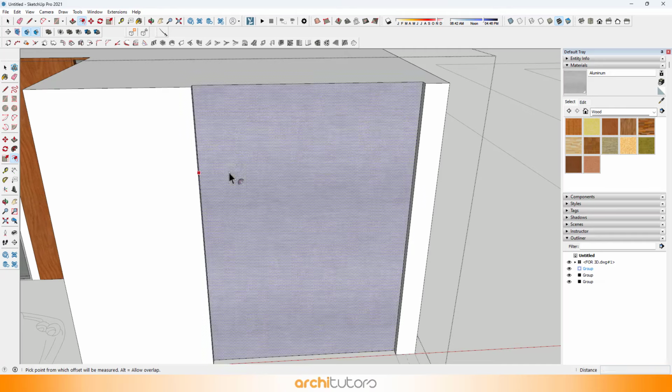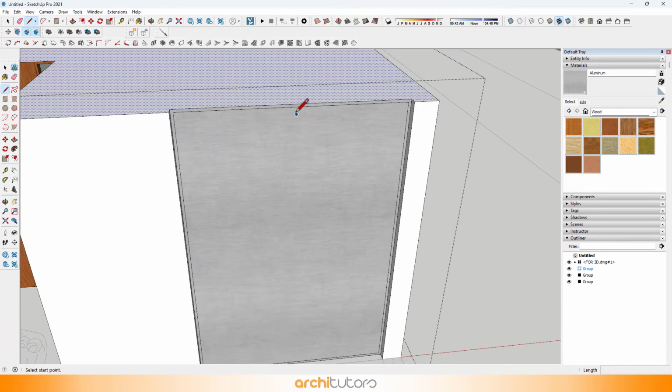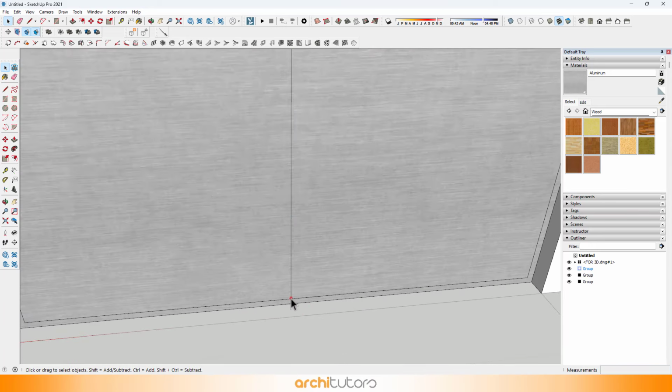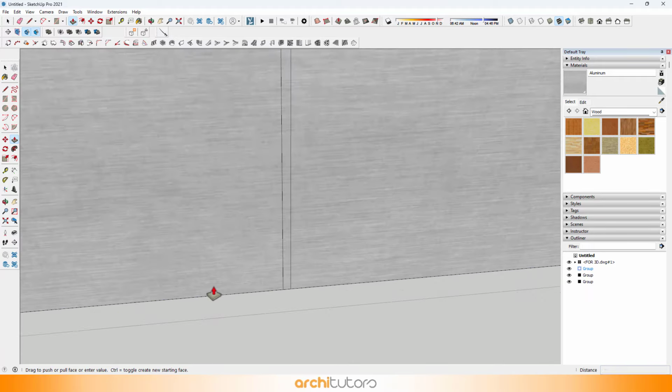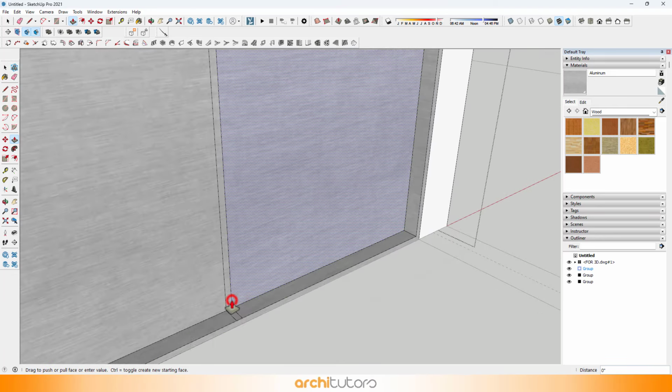Offset and divide the surface to have a vertical member. Extrude the frame surface and give the window glass a material.